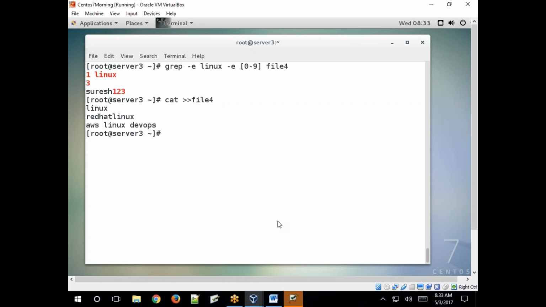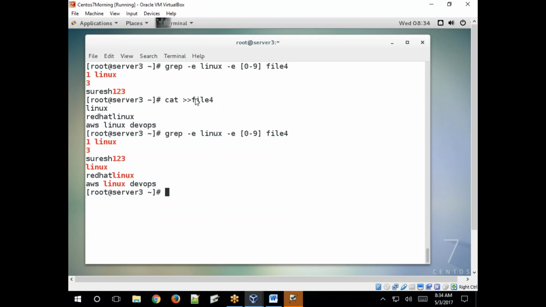Save. Now search for both patterns: the Linux pattern as well as 0 to 9.